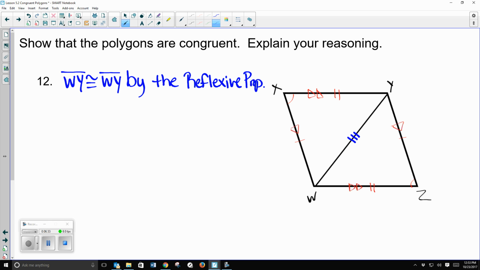And there's something on there. Almost anytime they have something marked on the figure and you're trying to prove it, there's a reason that it's there. So you should be asking yourself, why are they telling us that these are parallel? There's got to be a reason, and there is a reason. If these 2 lines are parallel to each other, what angles are congruent? If this line is parallel to this line,